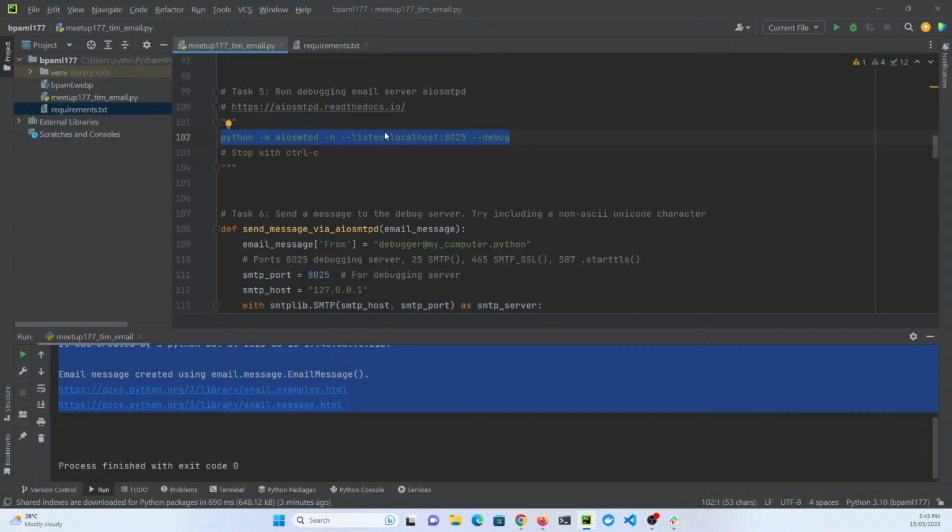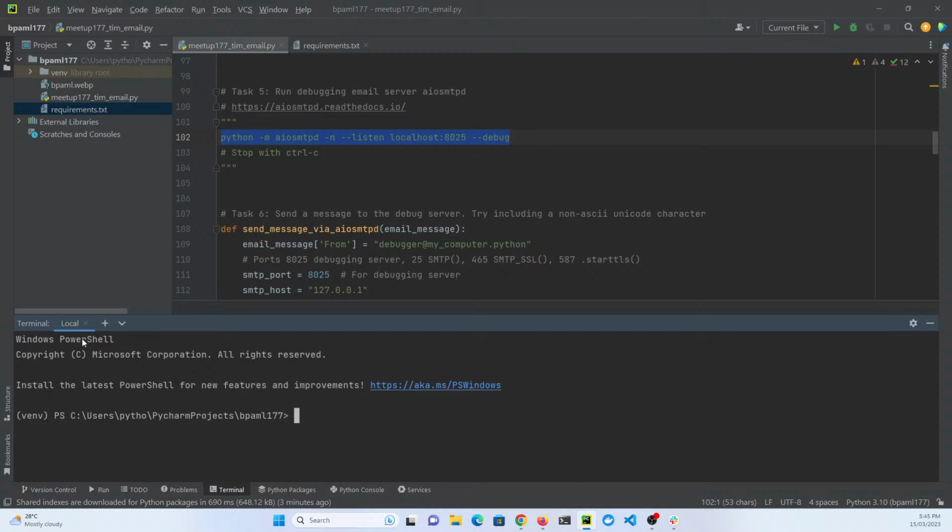So I'm just going to copy that with Control C, and I'm going to open up a terminal tab here. This terminal is Windows PowerShell, but it can be Bash on Linux or Mac, whatever shell they're using which is Bash compatible. We're just going to run this command here, and you can see right at the beginning it's got VENV in parentheses, and that's advising us that we're in our virtual environment. And that's important because we need to be to run this AIO